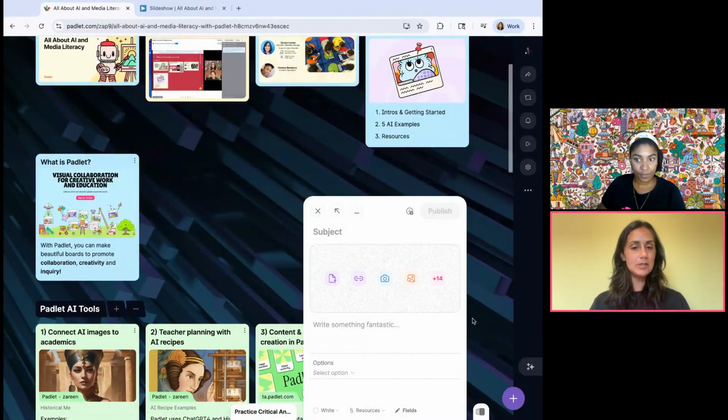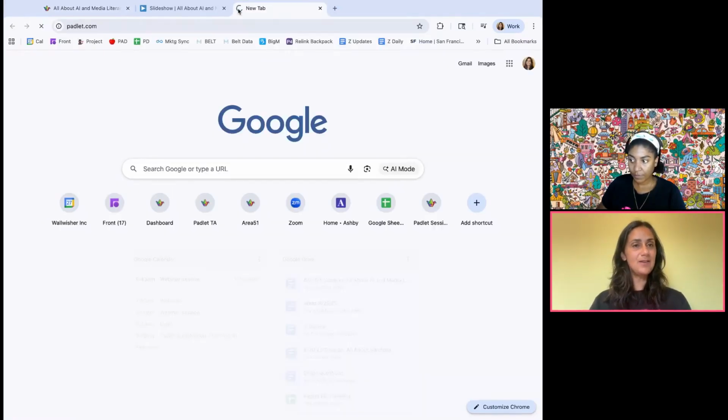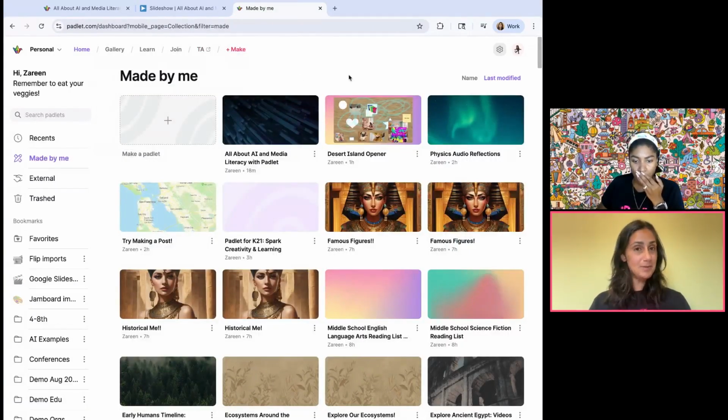And so you can easily start a Padlet and then share it with students. Students can participate on a Padlet. Anyone can start a new Padlet account. So I'll just show you at padlet.com here. You can come to padlet.com. If you don't yet have an account, you can create one and you can use everything I'm showing you for